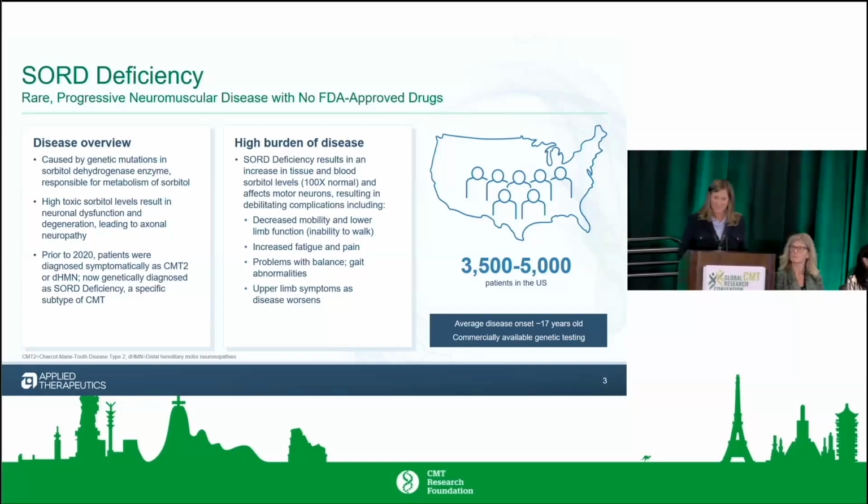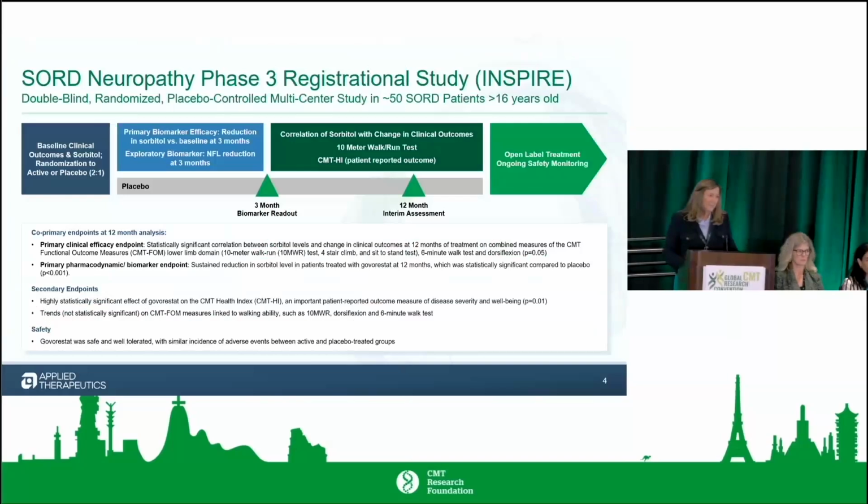CMT SORD is not necessarily on all of the panels that they screen for CMT, so it's important that your doctor or you specifically talk about having that added or your test rerun for it if you have one of those other diagnoses. So when it comes to the clinical trial, it really all started with some preclinical data,